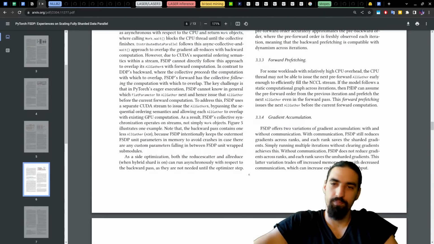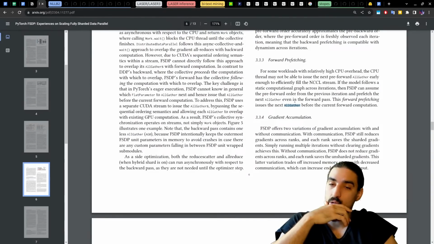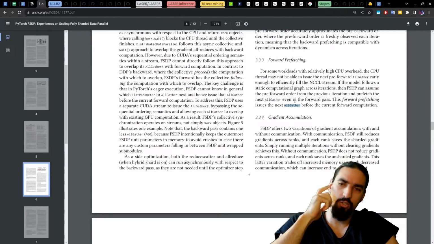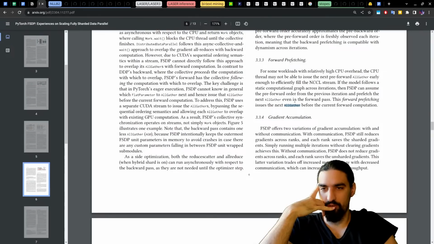Okay. That basically means you start syncing the... Wait just a second. Before you start doing the next computation, it issues the next all gather before the current forward computation.